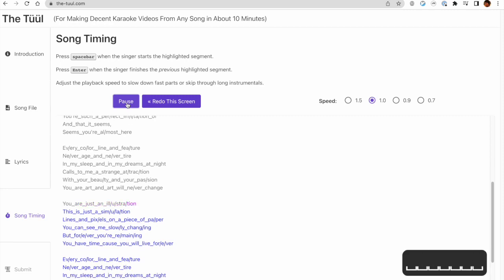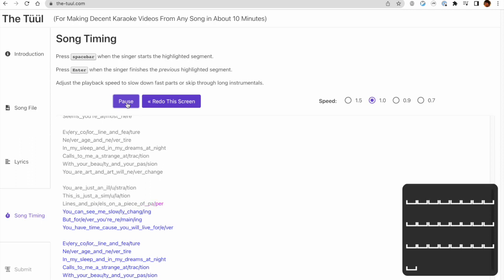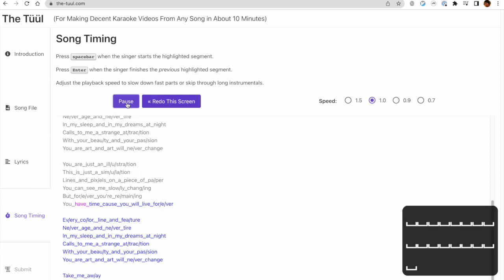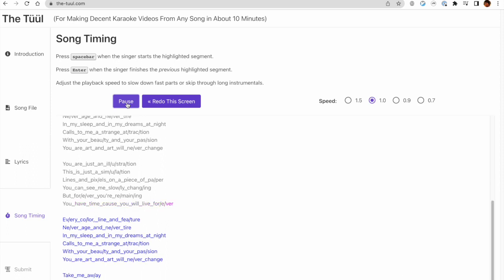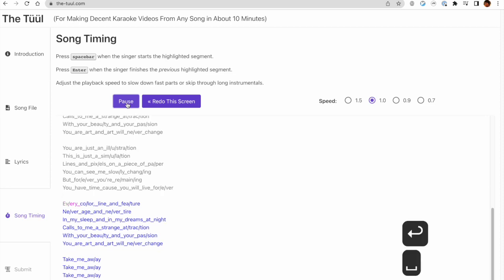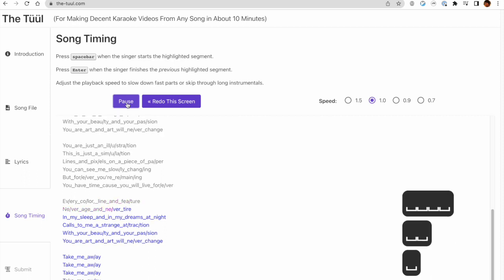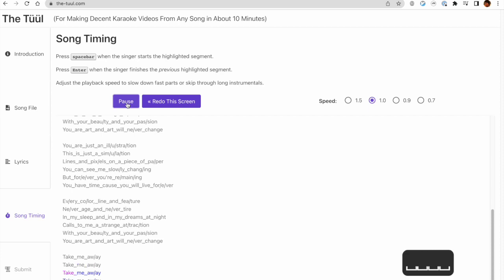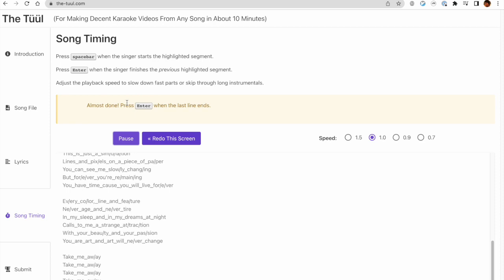The bridge. This last syllable gets dragged out through the whole outro, but I'm just going to hit enter to mark the